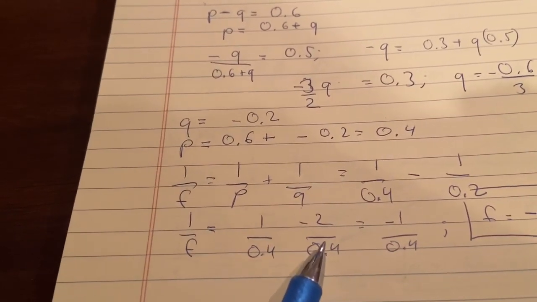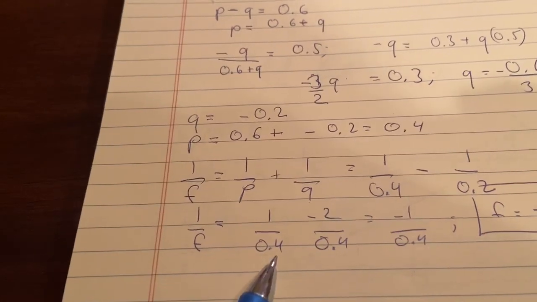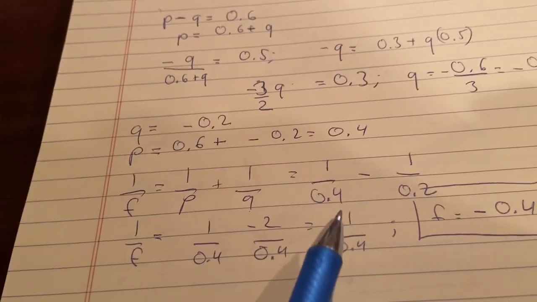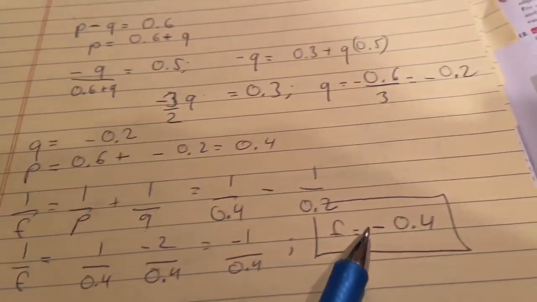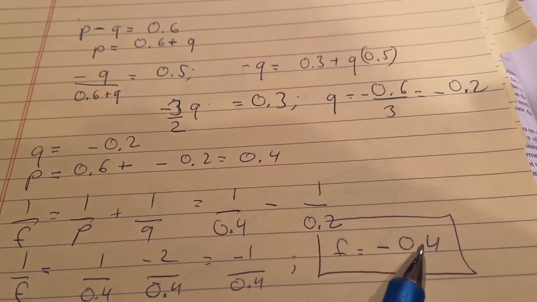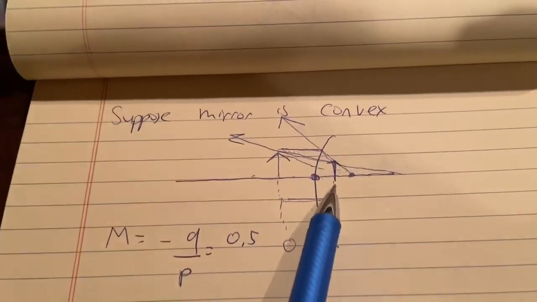Getting common denominators here, you have 1 over 0.4 minus 2 over 0.4, and that equals negative 1 over 0.4. So the focal length of this mirror is minus 0.4 meters,